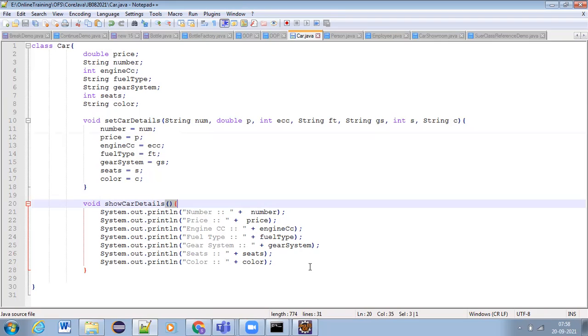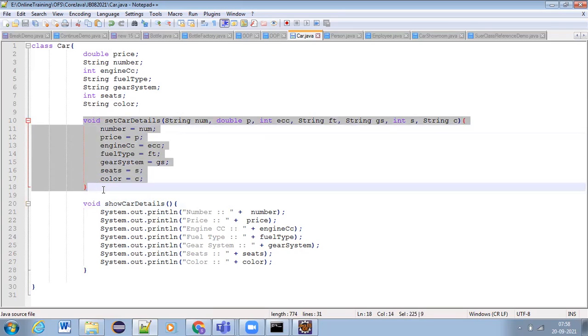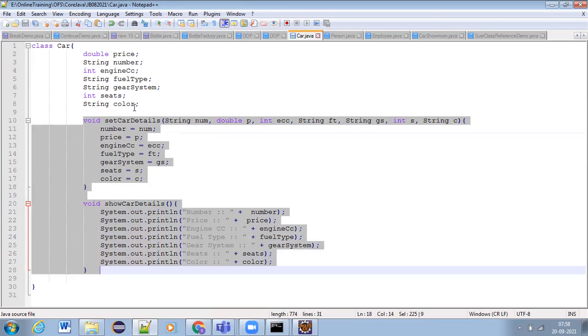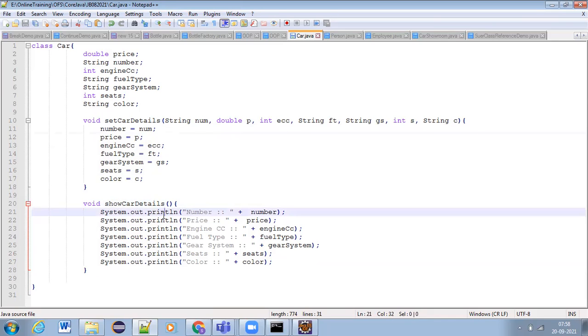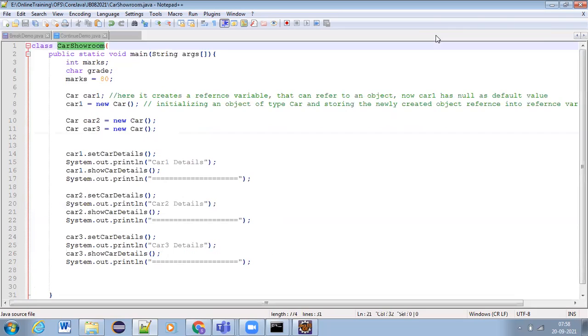The point I want you guys to understand is how to decide what should be the parameters for the methods, and when we don't require any parameters, for methods. Now come to the user program, car showroom.